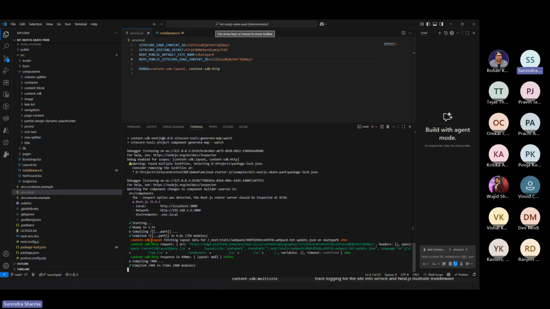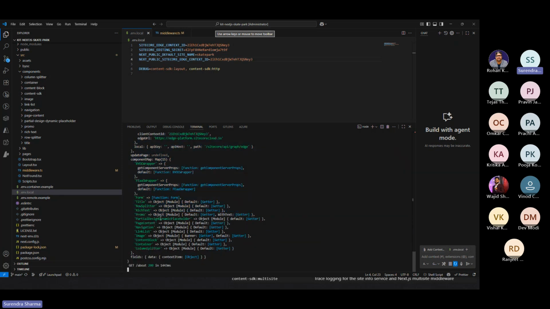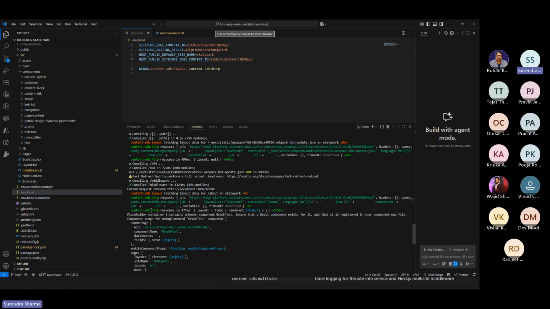So you see now this is your layout. First one is layout and second is the HTTP here. So we are getting both the logs, and if we are facing some problem somewhere, we can see what data we are getting there and how it's working behind the scenes. So we can get all this data, and according to that, we can work with